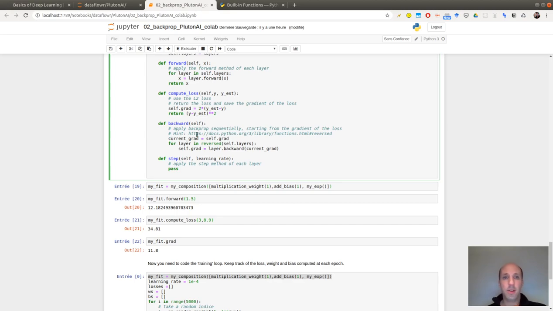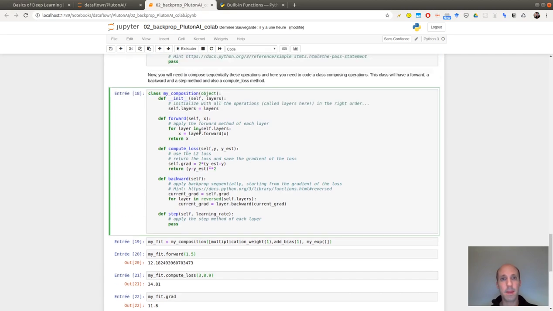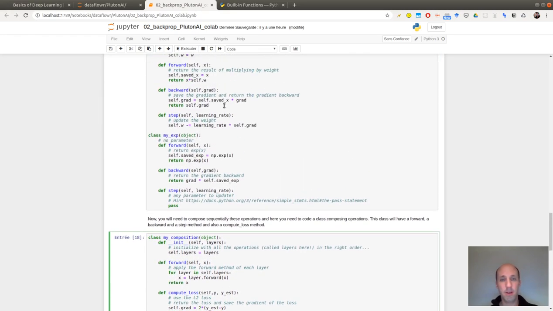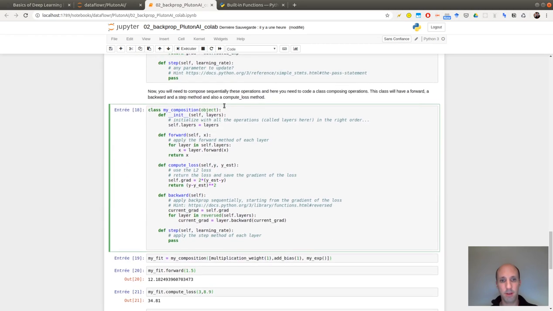So the first gradient is the one obtained by the loss, and then I don't need to do it like this. I can do it like that. The backward is just propagating the gradient.